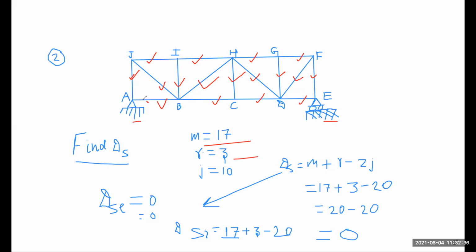For joints we count like here 1, 2, 3, 4, 5, 6, 7, 8, 9 and 10. So here the number of joints is equal to 10. So you all find that if someone is getting a mistake, they do not count this member, and without adding this member, they simply jump on to the next member.